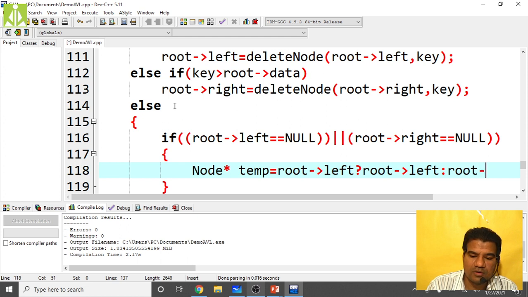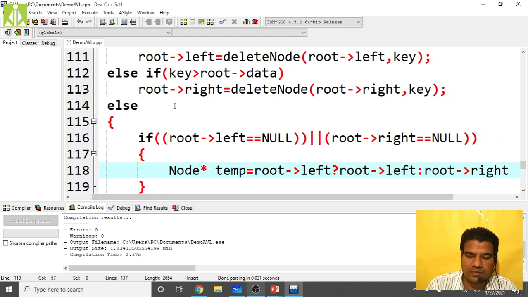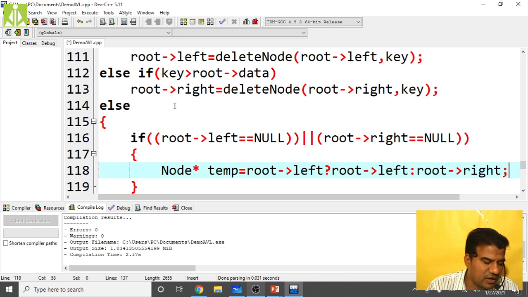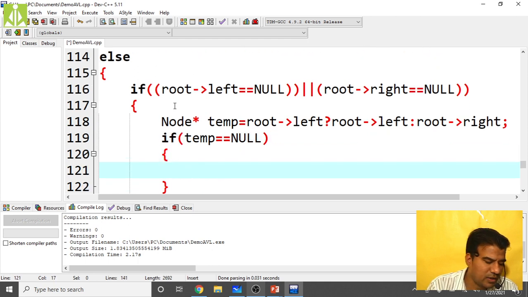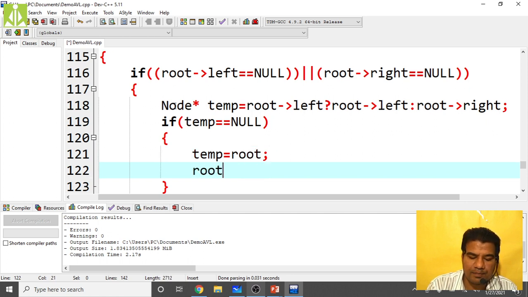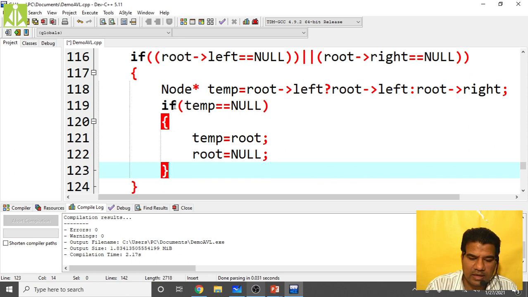Conditional operator we are using over here. Then if temp equals to null, then what we are doing, temp equals to root, root equals to null. These two lines of code,